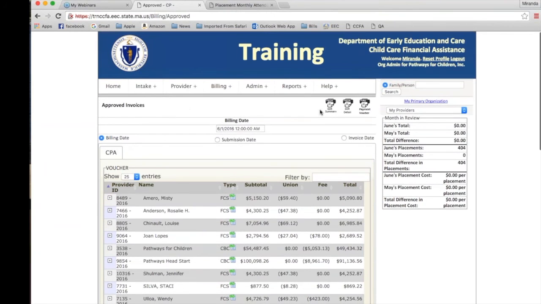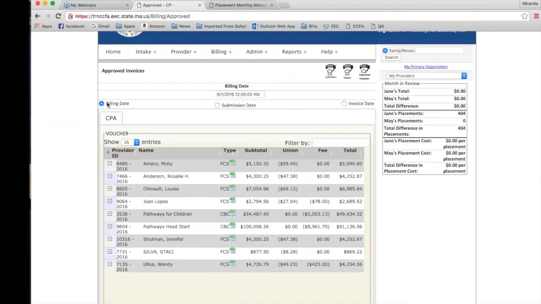When you're on this page, you also have access to the final draft forms of your SDR summary detail reports, as well as your payment voucher that you can print off and send in. When you go to this page, it automatically is going to be set to the billing date. The billing date means this is the date that you submitted your invoices. You as the provider have submitted your vouchers to the CCRNR, and you've submitted your